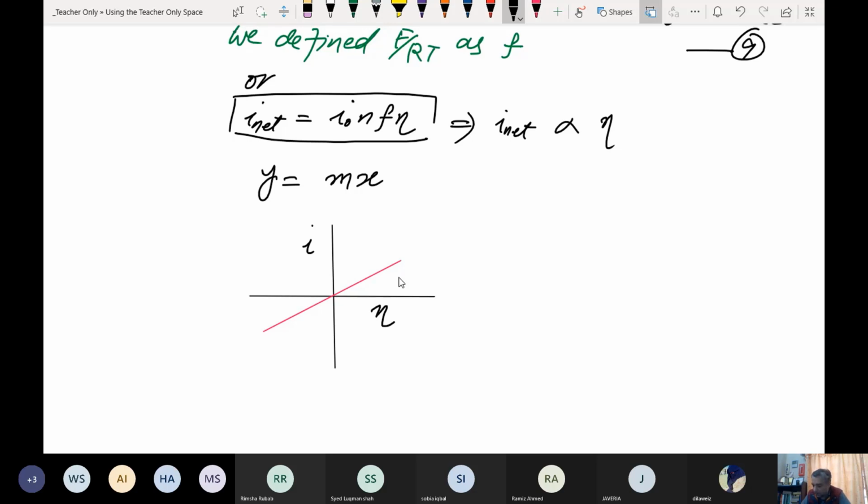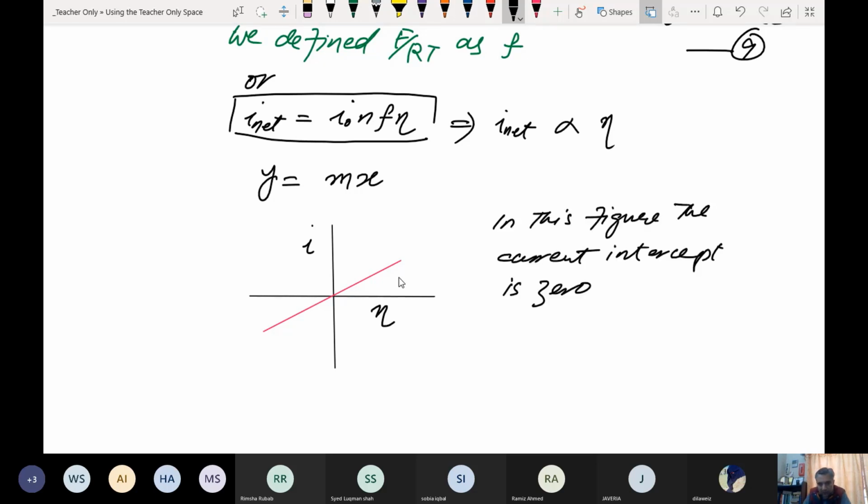So we can say that here the current is directly proportional to overpotential, and the line over here is passing through the origin, which means that the current intercept is 0. This is also clear from the shape of the equation, because if there was an intercept, you would have looked at an equation that looked different, but there is nothing like that. You just have y is equal to mx, which means the intercept of the equation is 0, which means that the current intercept is 0.